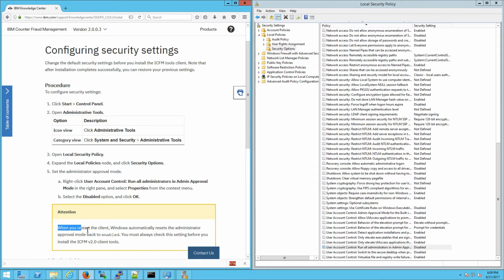It says here that when you restart the client, Windows will automatically reset that value. Although that may not be the case, it isn't in our environment here. You do need to restart the computer after having changed the UAC, or the user account control settings, and you'll occasionally get a pop-up window or a balloon down here telling you the same. So now's as good a time as any to go ahead and restart the computer, and then we'll also check